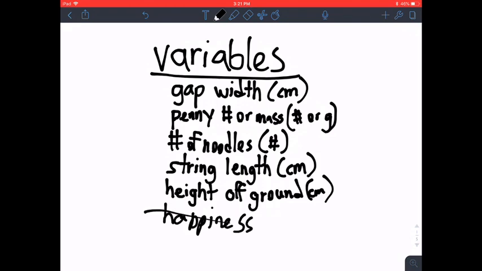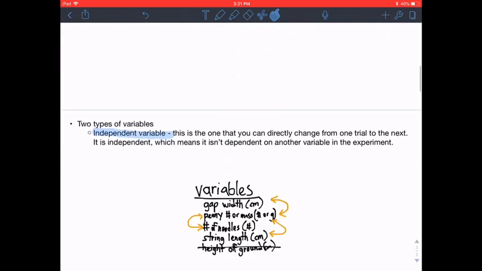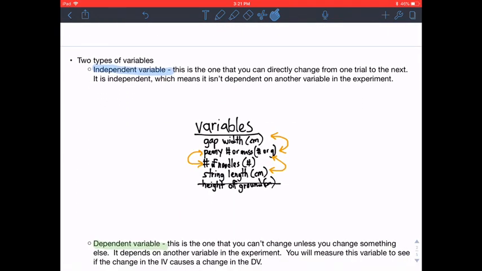Happiness is not a quantitative variable because it's not something that can be measured with a number. And so we're not going to count that. In fact, I'm totally going to erase it off my list of variables. Okay? Now that we know which variables count, now that we have only quantitative variables, we now need to think